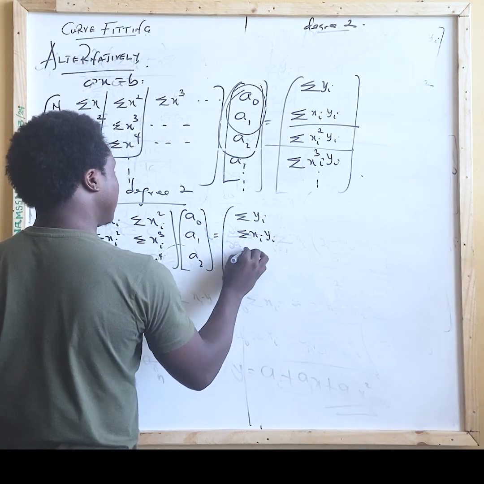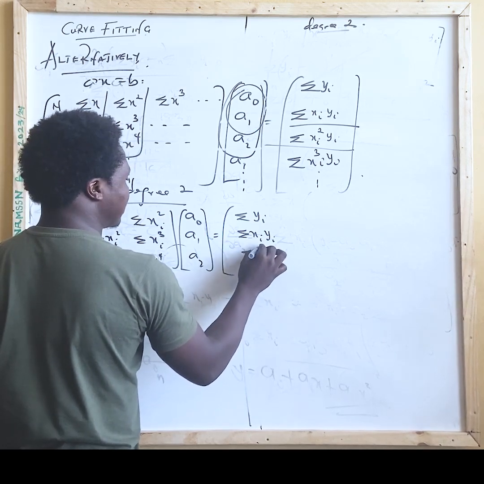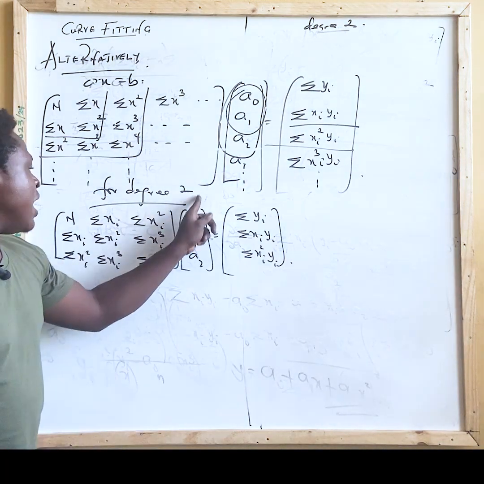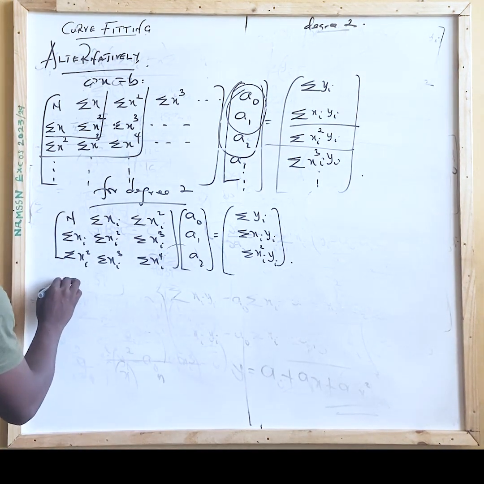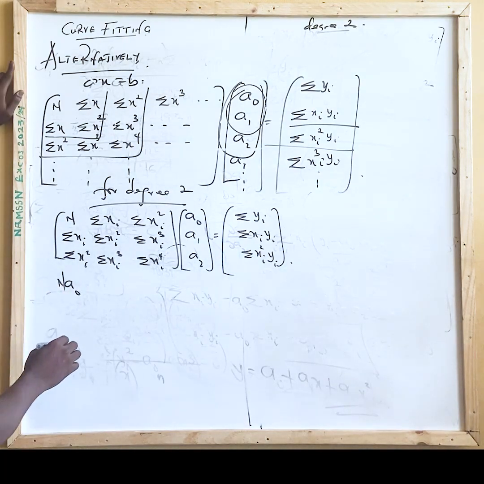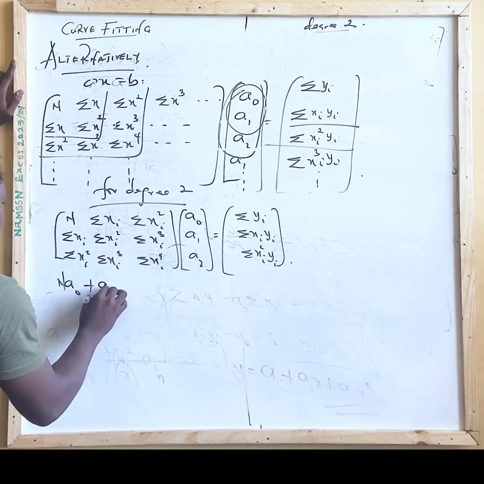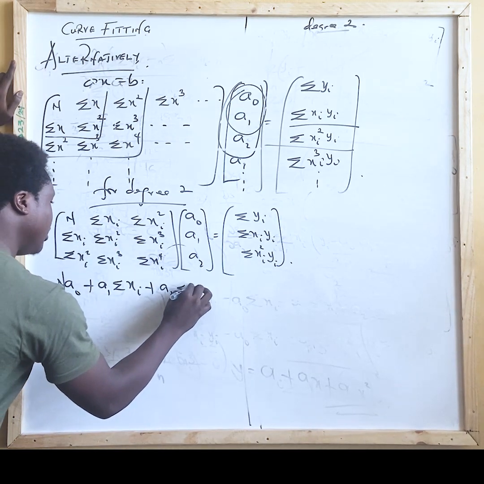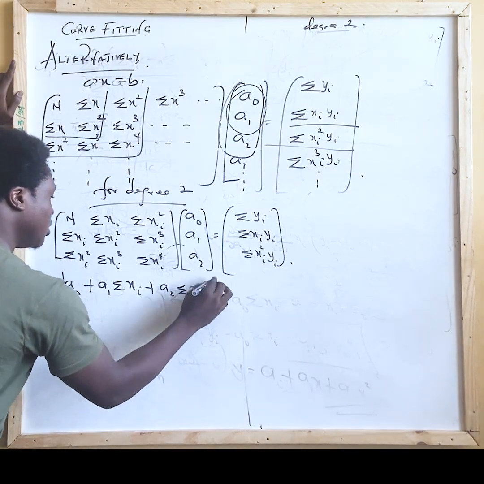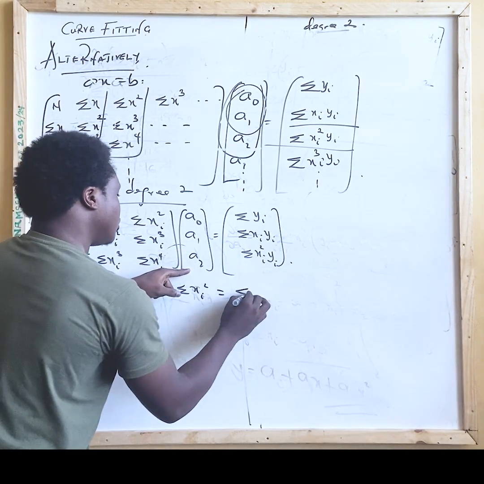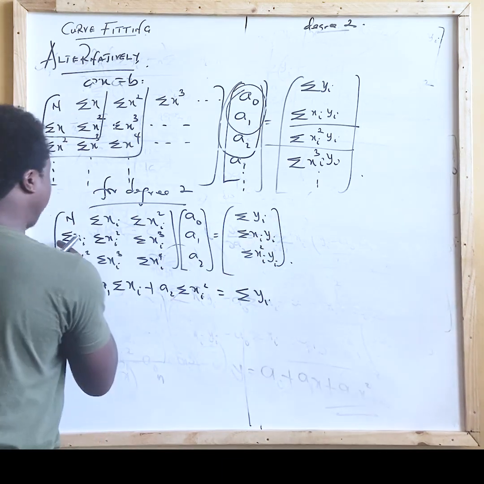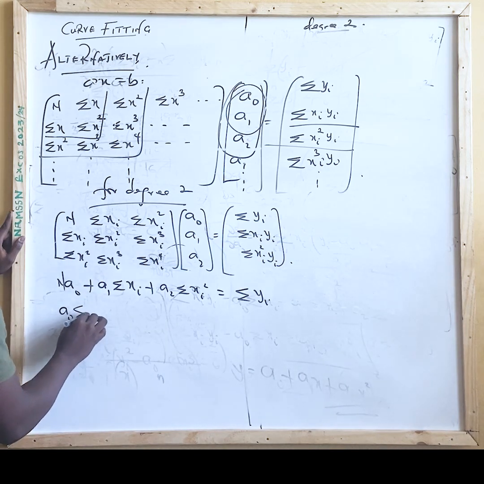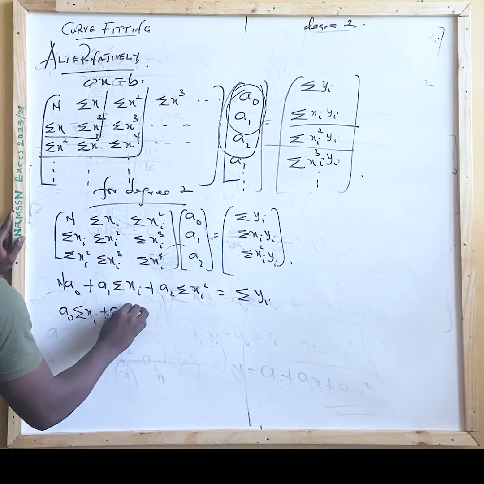It is equal to summation yi, summation xi yi, summation xi square yi. Don't forget how we multiply matrices: we multiply row by column. So I have this to be n a0 plus a1 summation xi plus a2 summation xi square. What should it be equal to? Summation yi. How about the next line? The next line is a0 summation xi plus a1 summation